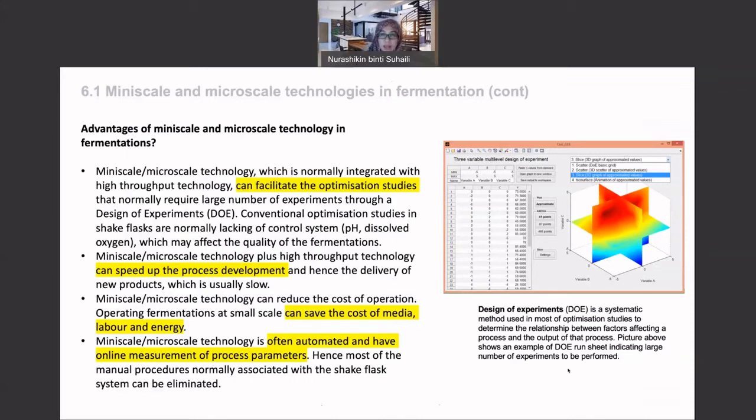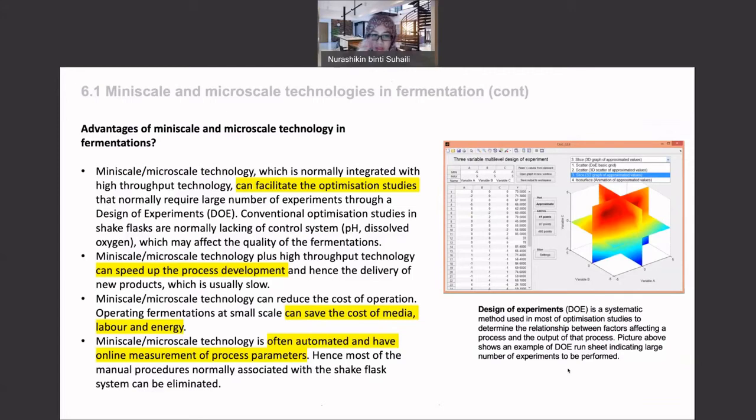And it can involve more than one parameter. Temperature is an example of a parameter. So it can be temperature, pH, shaking speed. It can also be the concentration of the media like glucose, the nitrogen source, and so on. There are so many. So it means that the whole studies will involve many runs, many experiments,